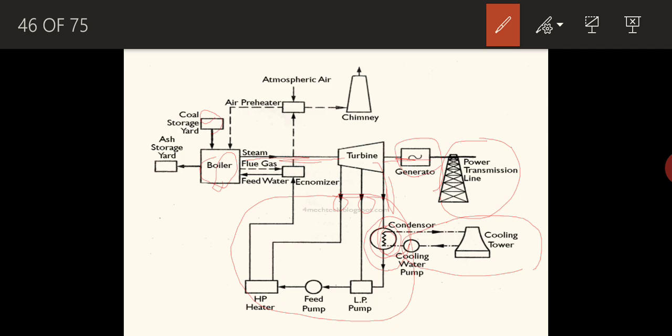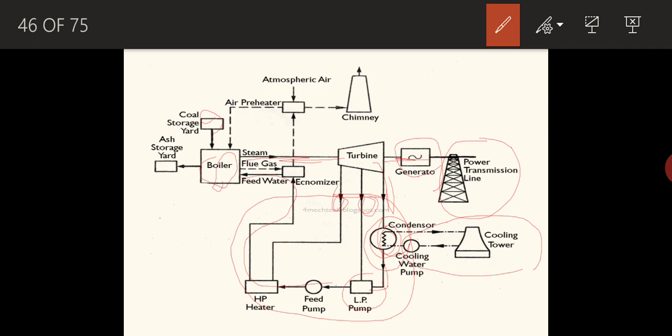Once the heat exchange takes place, the steam comes back to its initial state, that is the liquid state. A phase change occurs and the steam is converted into liquid. That liquid water is pumped using the low pressure pump. You can see a low pressure pump here, and it is then pumped through the feed pump and finally circulated to the boiler itself. So whatever steam comes from the boiler, after expansion it is cooled, converted into liquid again, and circulated back. You can see two intermediate lines, which is what is called bleeding.